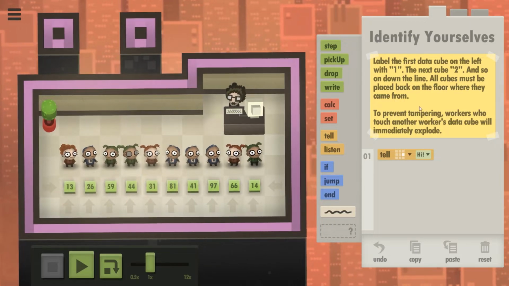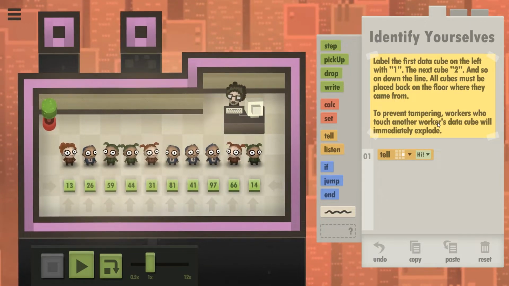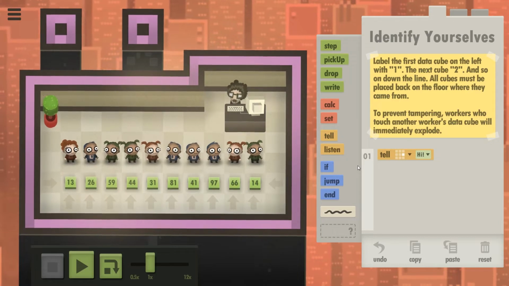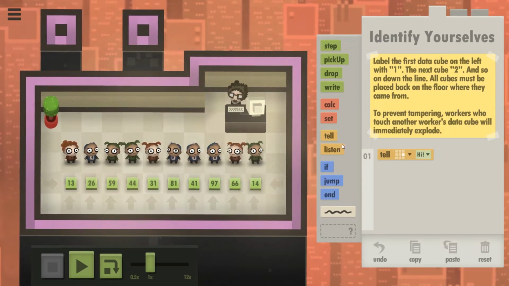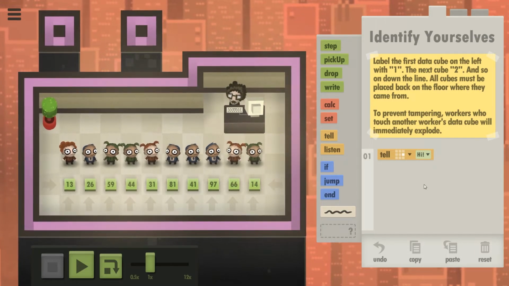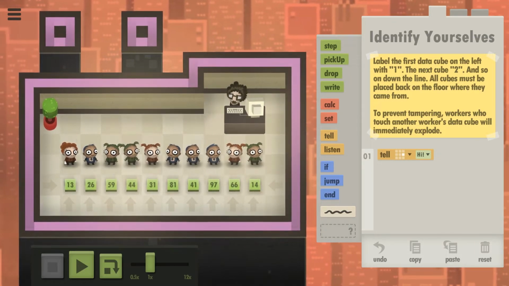Wait. Oh, workers who touch another worker's data cube will immediately explode. I see. I was like, why can't I just send someone down the line and have them sum it all up for me? But I can't do that, apparently. So, tell...